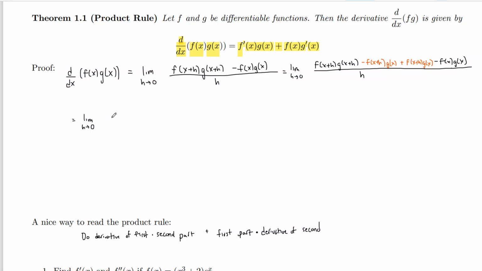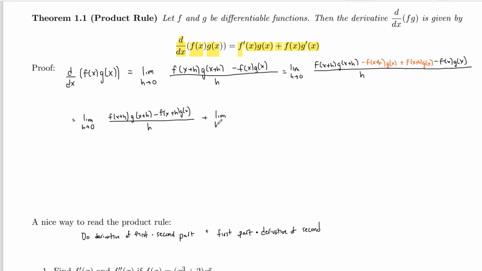So f of x plus h times g of x plus h minus f of x plus h times g of x over h. So I'm taking the first 2 terms here, writing it over h, and then I'm also going to do plus